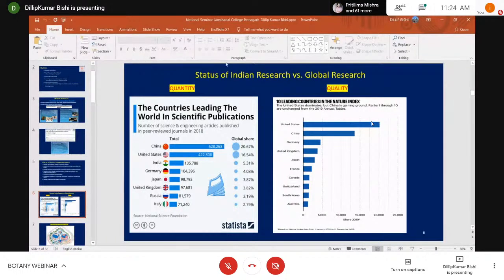If you see these two graphs, one is talking about the quantity of research that is being done globally. If you see, China is always ahead. Then India comes in third rank. I'm just talking about the quantity, how many publications we have been doing in a particular year. This is one of the statistics from 2018, and it shows that India ranks third in total number